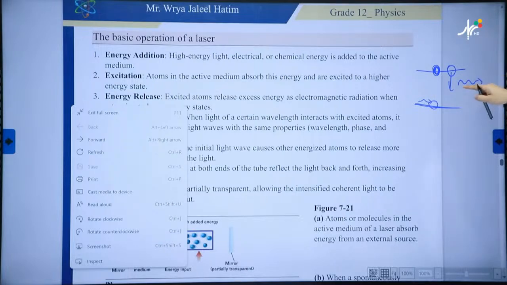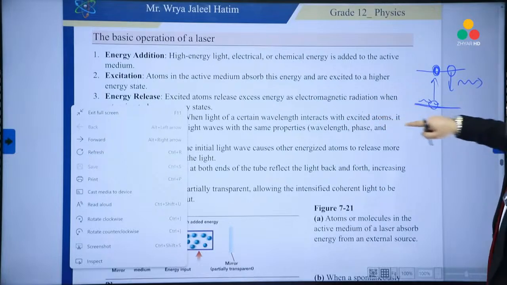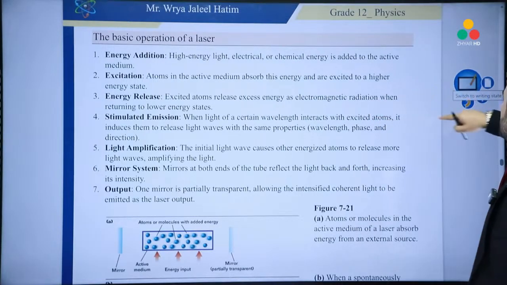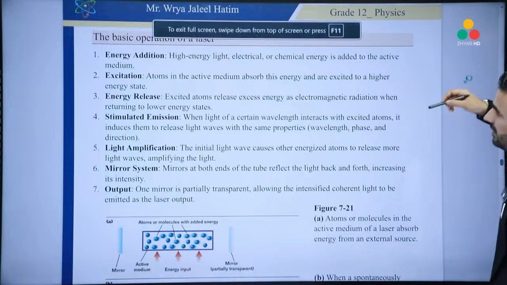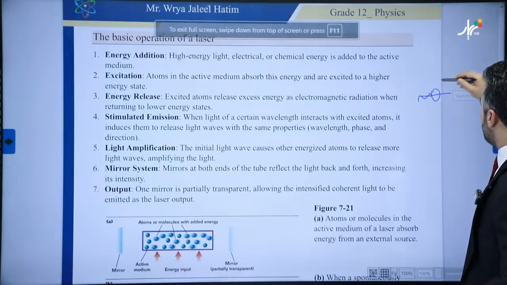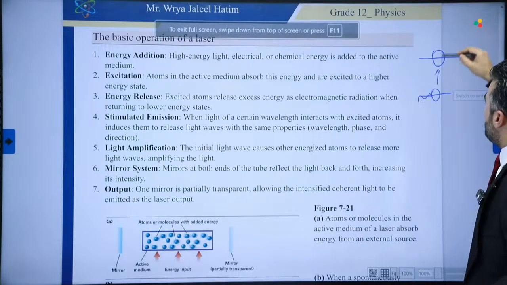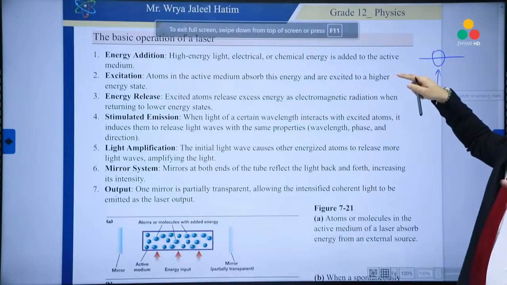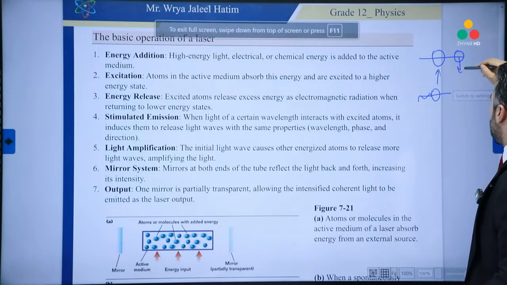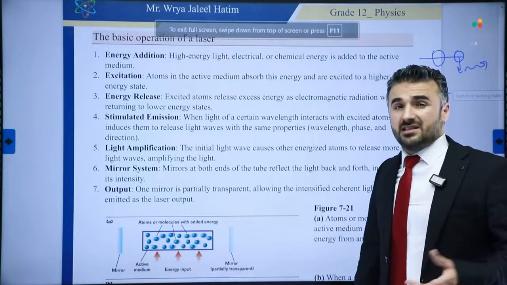So this is basically the process of absorbing the energy and going to a higher state. That is called excitation. Let me stop on this stage. I think I'll have to redraw this one now. So one atom, after it absorbs energy, goes to a higher state. It is excited now, but it is not stable. So after that, it is going to go down, and along the way it will release the energy that it has gained.